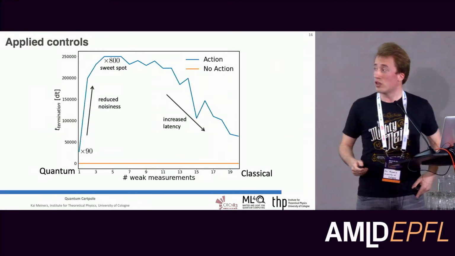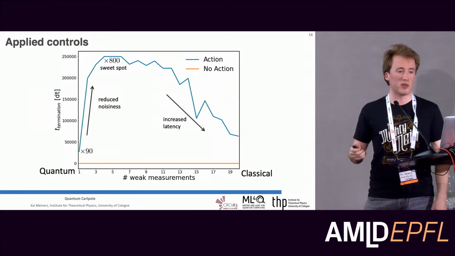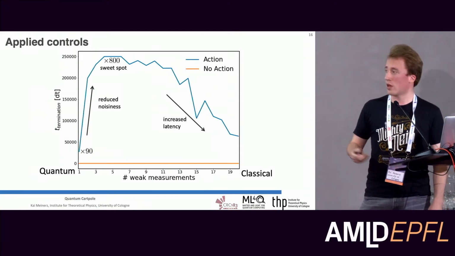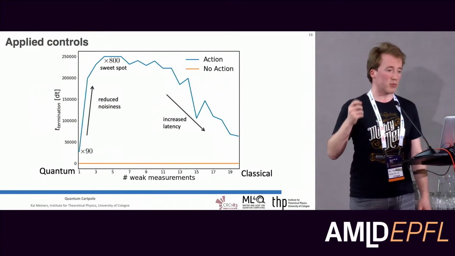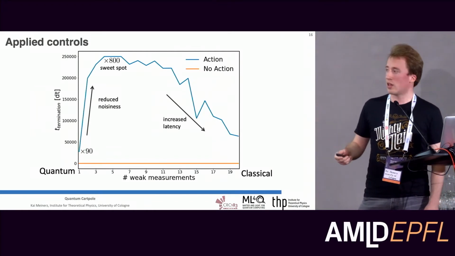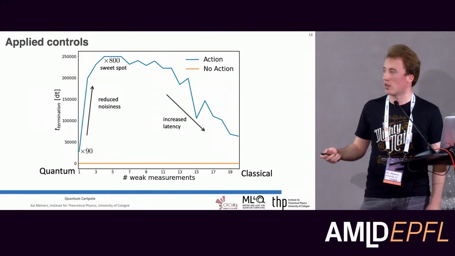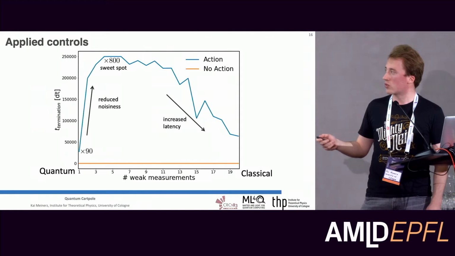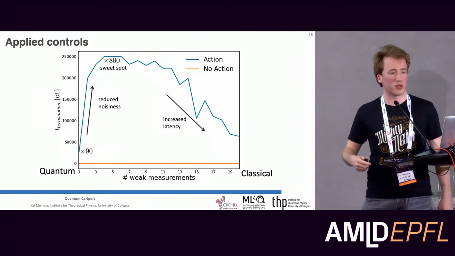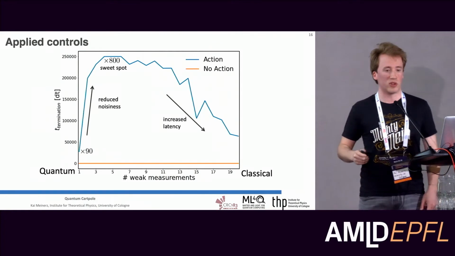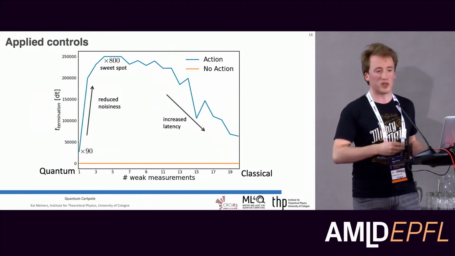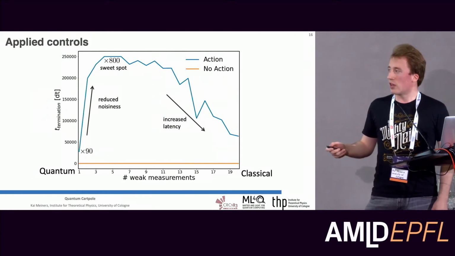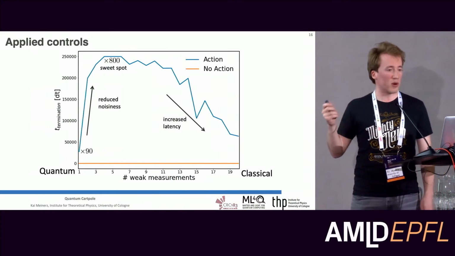And additionally, we want to look at how the performance scales with the number of measurements. And here in the graph, on the x-axis, we have the number of weak measurements we perform, where one constitutes a single position and momentum measurement. And as we said before, with a single measurement, we are in this quantum regime, and we go up to like 20 weak measurements before giving input to our reinforcement learning agent, which would be closer to the classical regime. And on the y-axis, we have the average time until our wave function drops out of the system. For comparison, we added this orange line, which is how long our wave function stays inside